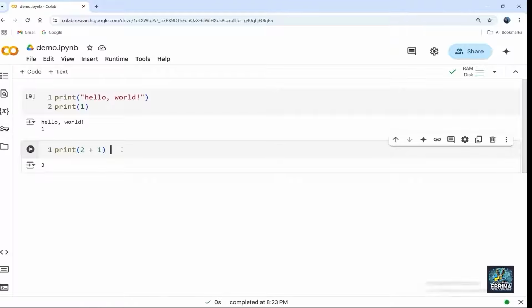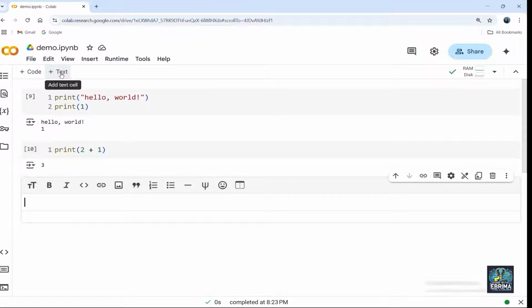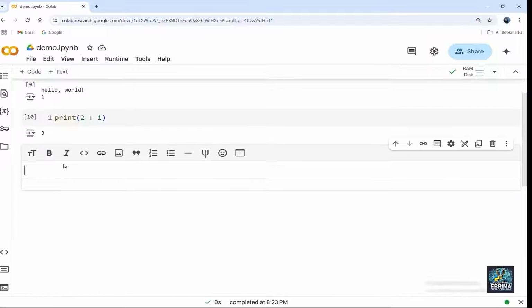All right, so also we've talked about the text cells, and we said this is used for explanation. So if you have an explanation that you want to write, you can go ahead and use the text cell. I can come here, you can see here we have add text, text cell. Now I'm just going to click it, and we've added a text cell. Now I can come down here and say Google Colab orientation. All right, so now you can see it down here.